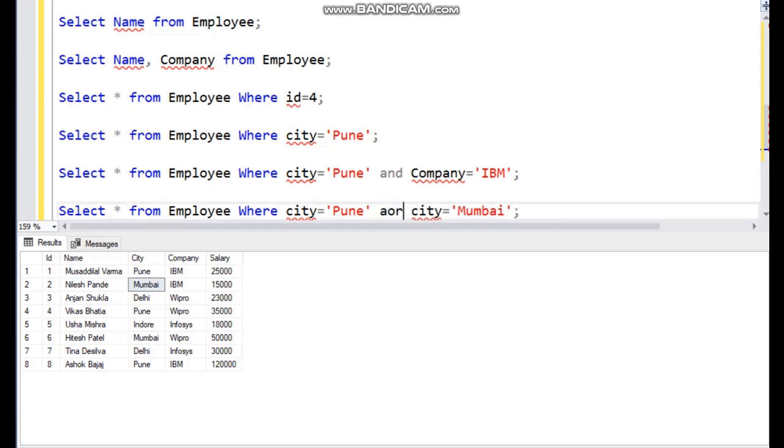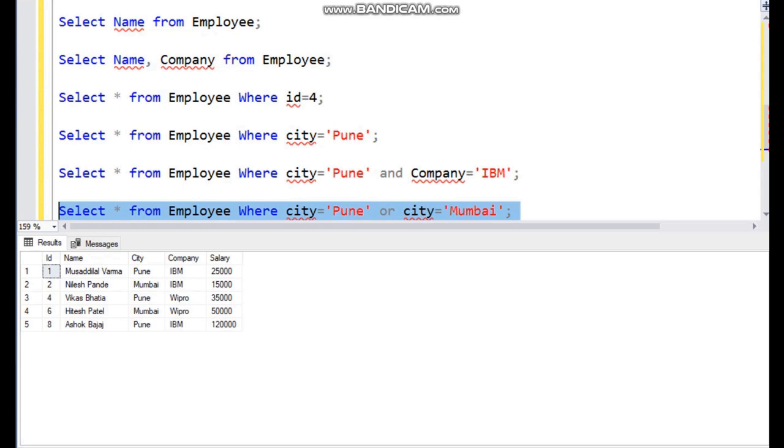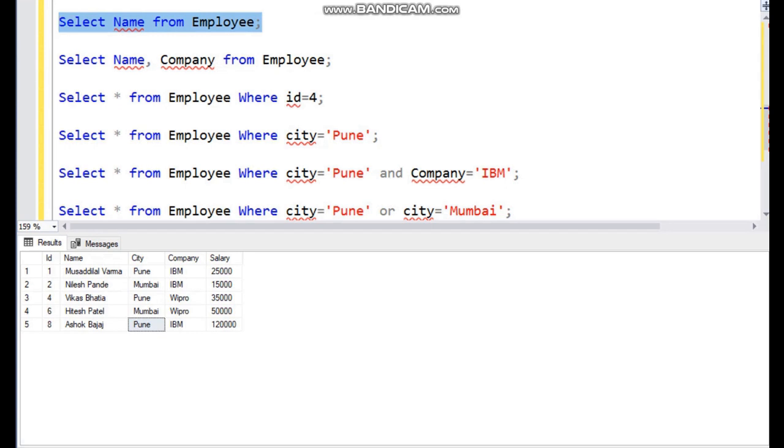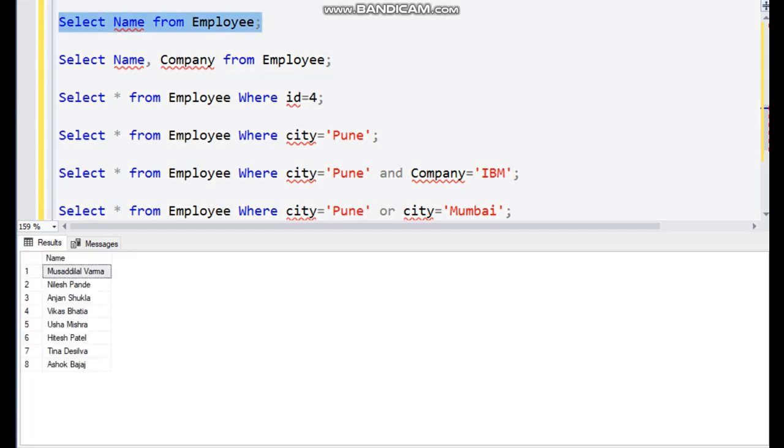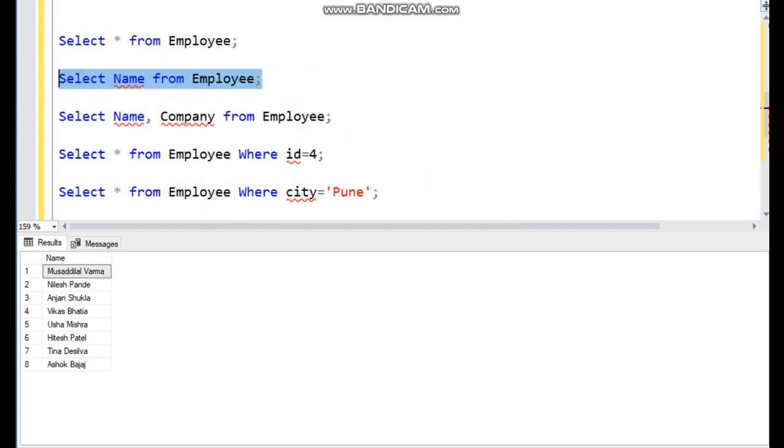So this is the AND and OR condition. Now execute this. So we have records in which employees live in Pune or Mumbai city.